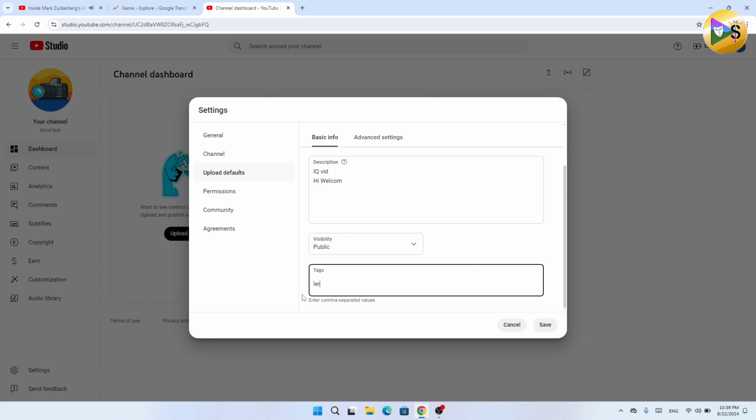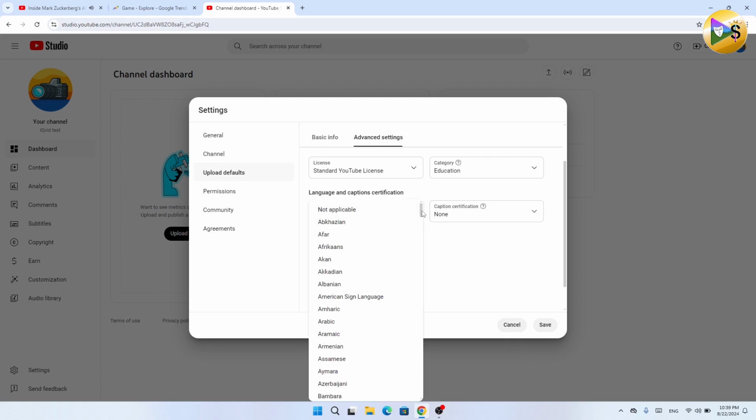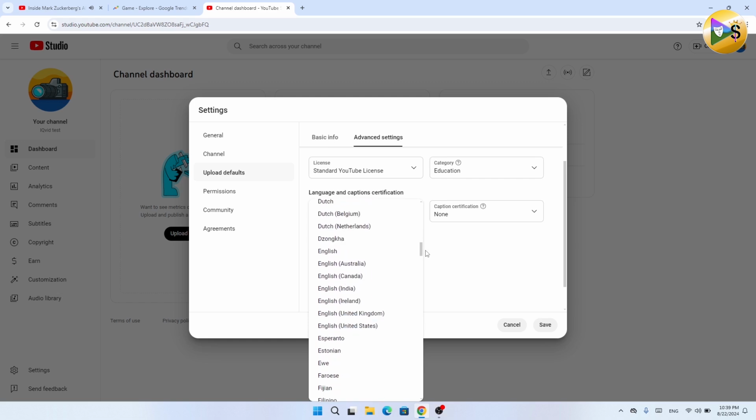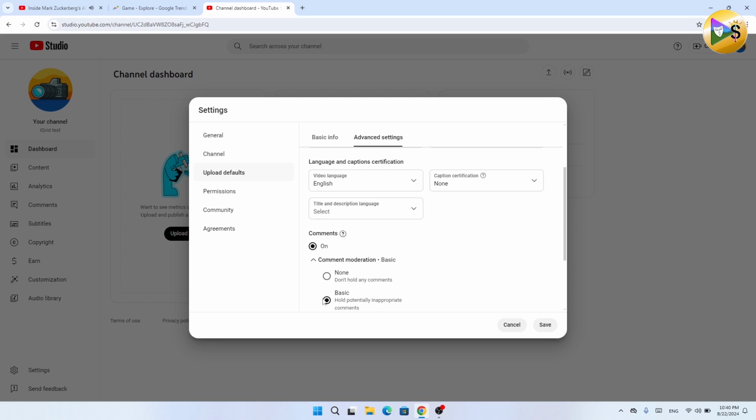You can add up to 500 characters. Now it comes to advanced settings. Select a category. We click on education, for example. Now let's click video language and select English. Now let's go to comments. If we choose basic,